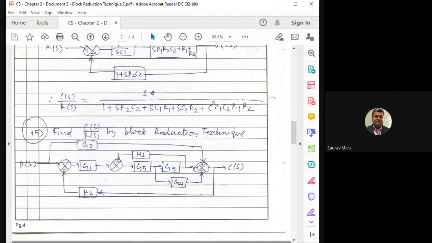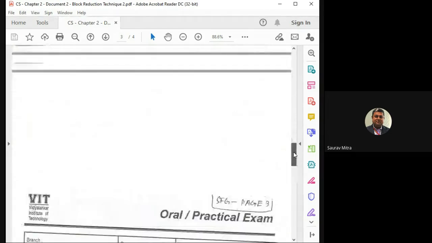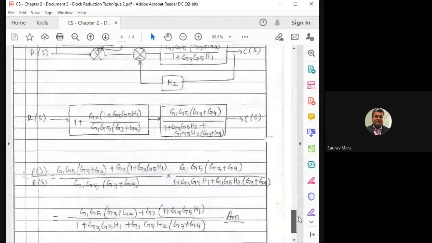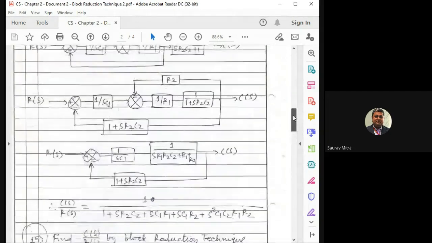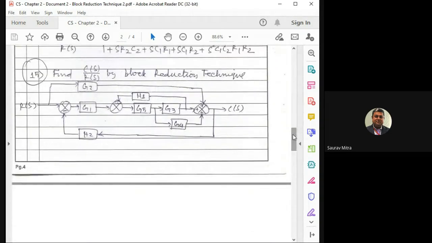So this is a very important numerical that we have seen, and there is another numerical that we are going to see after this. This is actually more important, and this is more complex. So this is my note, and I wanted to show you mainly the second numerical, number 15. Be very careful, because lots of processes are there, and this is a total entanglement, and we have to remove